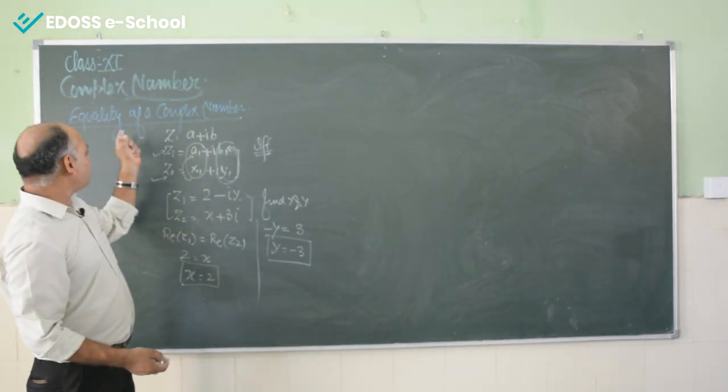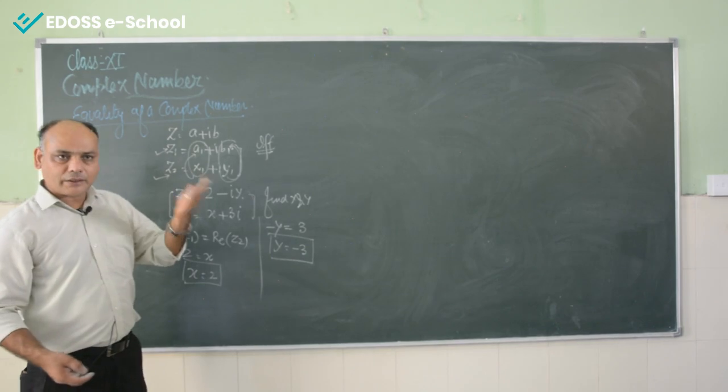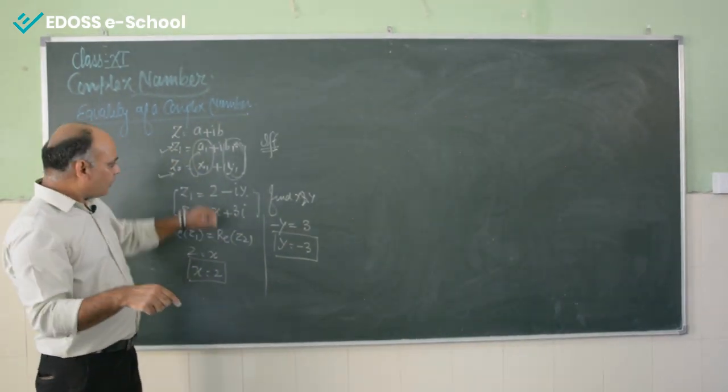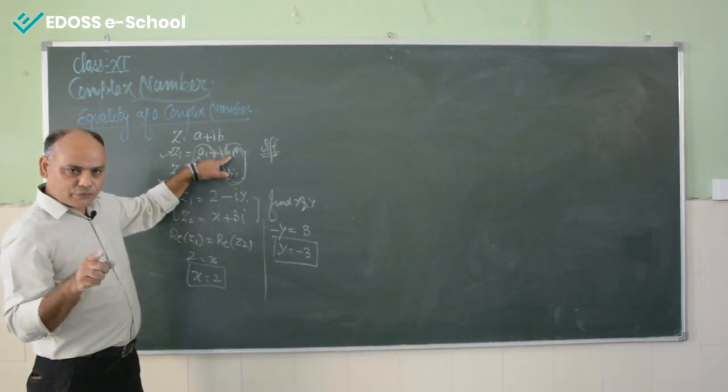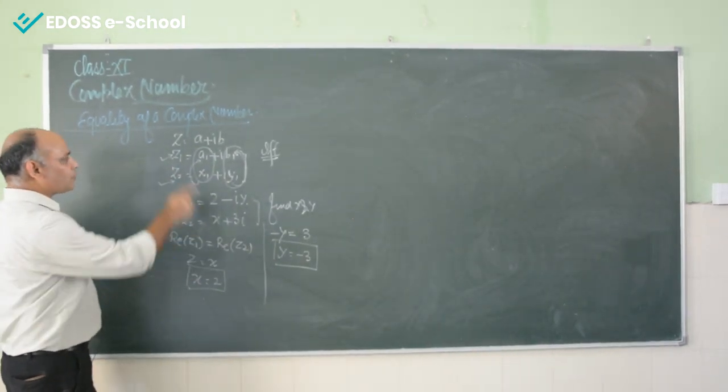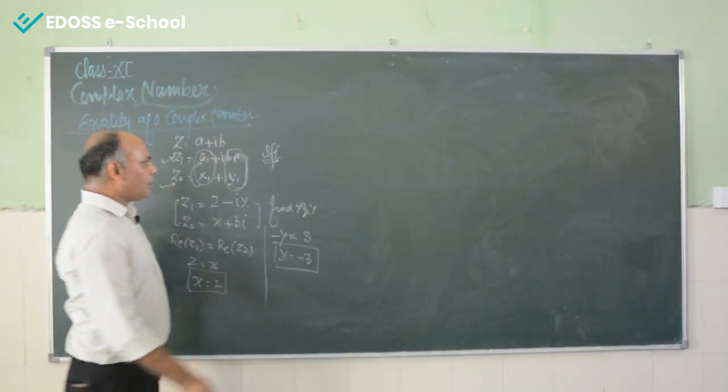The two complex numbers are equal if and only if the real part of the first one is equal to the real part of the second one, and the imaginary part of the first one is equal to the imaginary part of the second one. This was about the equality of complex numbers. Now,